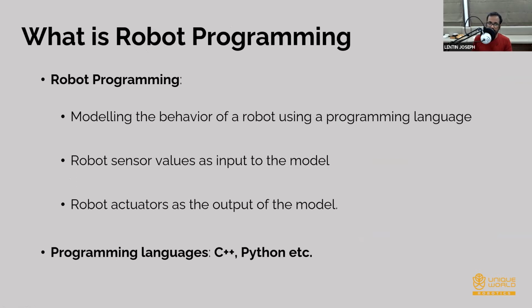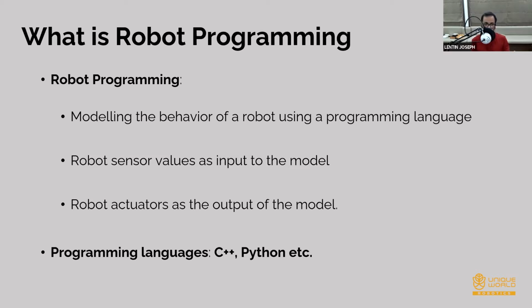And then I'm coming to the important part. Again, we have seen the computing. Then the next step is how we are going to use this computer, and that is using programming. The intelligence of a human or robot is how we use the computer, or how we use the brain. So in robots we can implement the intelligence using programming. That is what robot programming is.